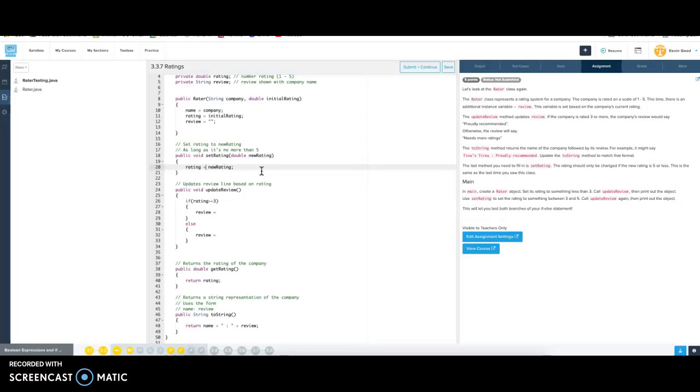Okay, and then the rating should only be changed if the new rating is 5 or less. Ooh, yeah. So you got to put that in a blanket if statement. So instead of just saying rating is new rating, you have to nest that in an if statement. So if new rating is less than or equal to 5, so it lets you equal 5, yeah,